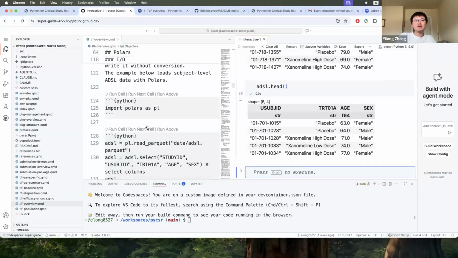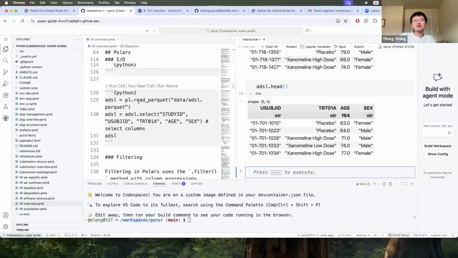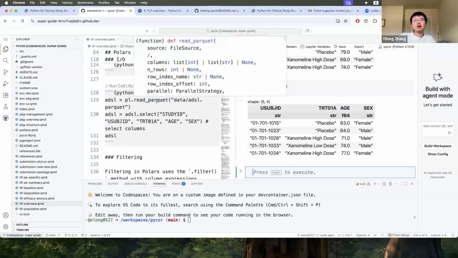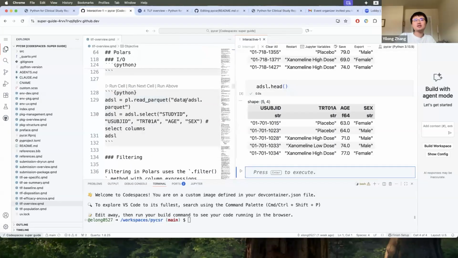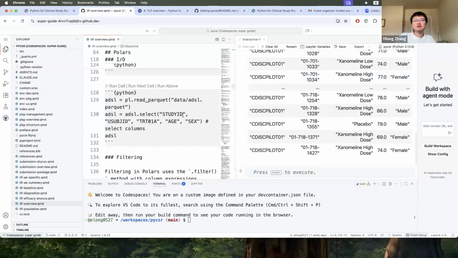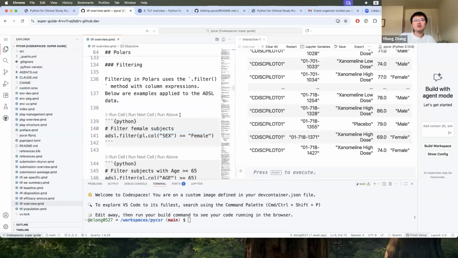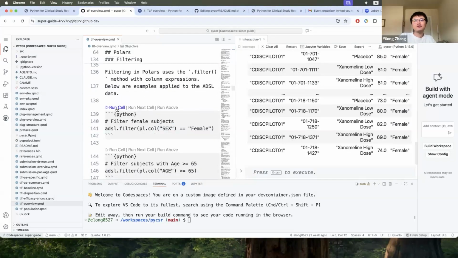And also it enables IO like we said. So in this example, we use read parquet that's already have data stored in the data folder, and you can explore different things as needed. Right. And do the filter like we said, and you can just filter the female.